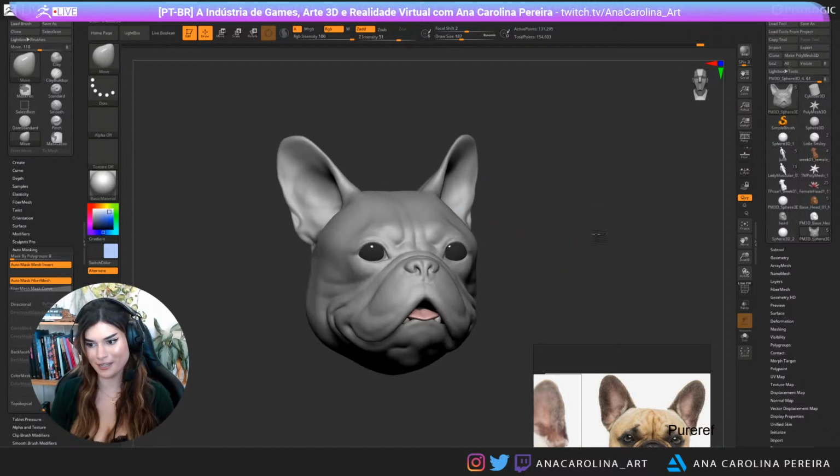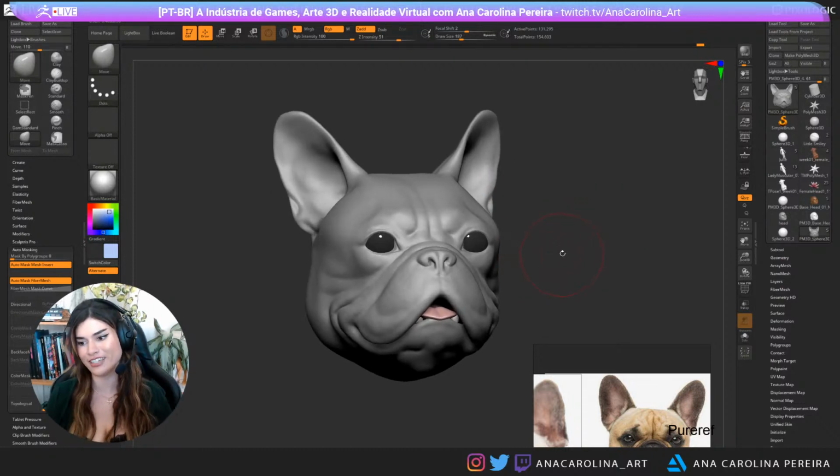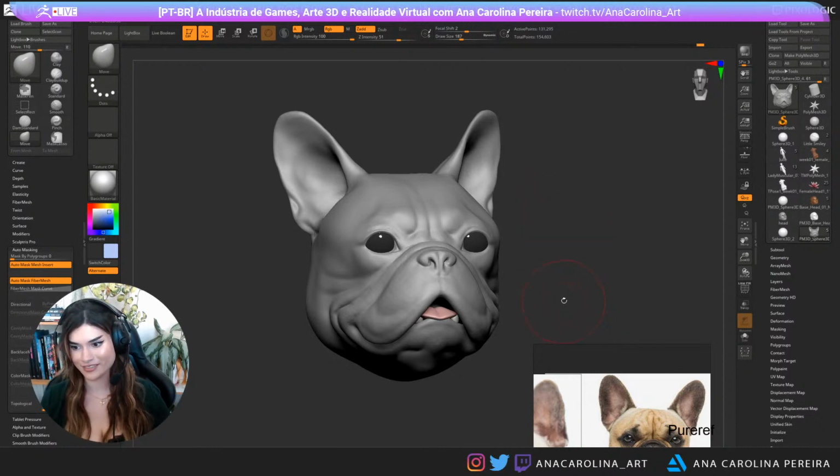Does the pug have a name yet? This is a French bulldog and it doesn't have a name, so you guys can go ahead and name it if you want. Sorry if this is too much, can you share the Discord invite here because Linktree doesn't work